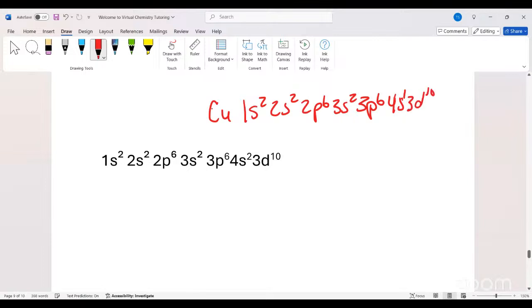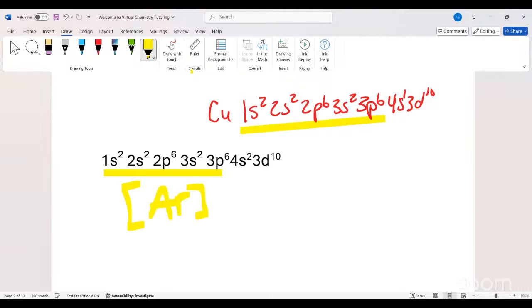So what we're going to do, since it takes up 18 of those, I'm going to underline 18 of those right here, okay? Instead of me writing all of that part down, I'm going to put that in brackets. That's going to be argon, Ar, and then you're going to write what's left over. 4s1,